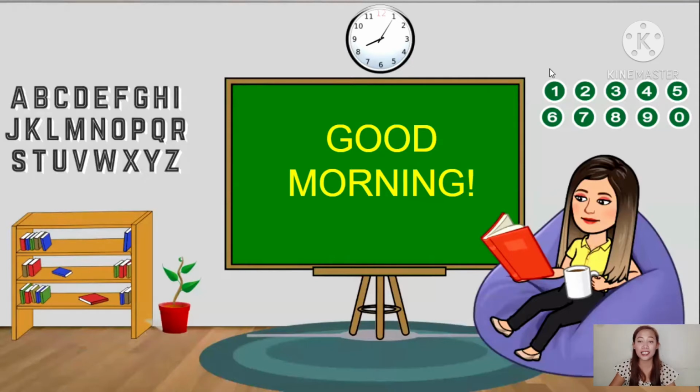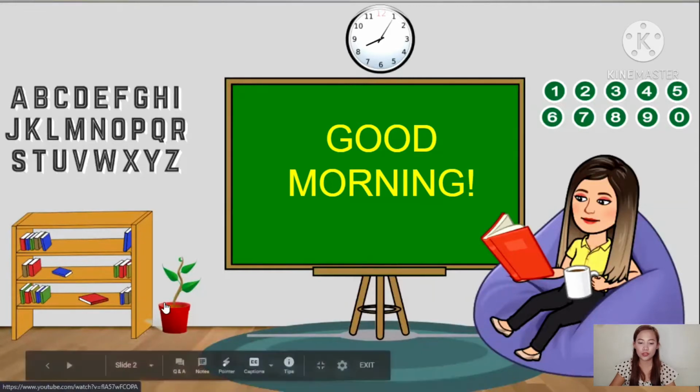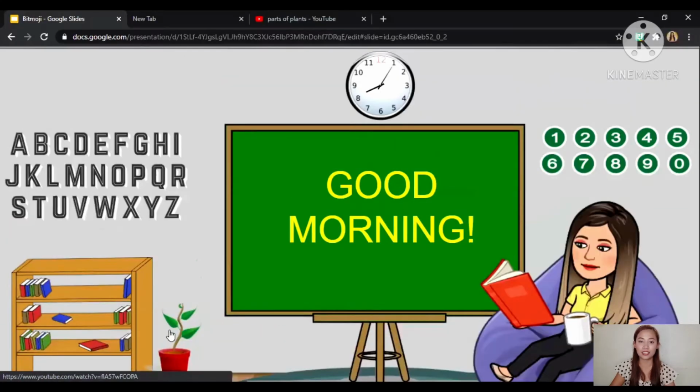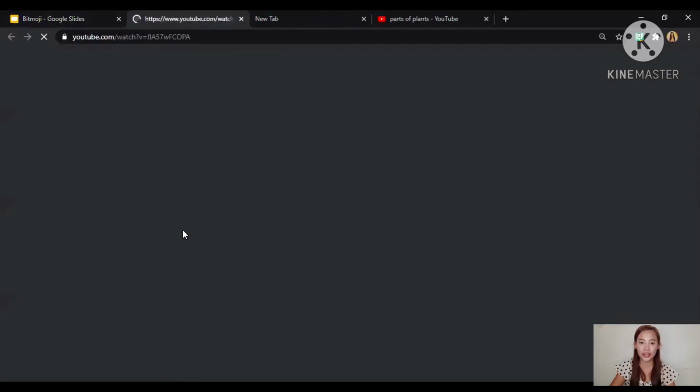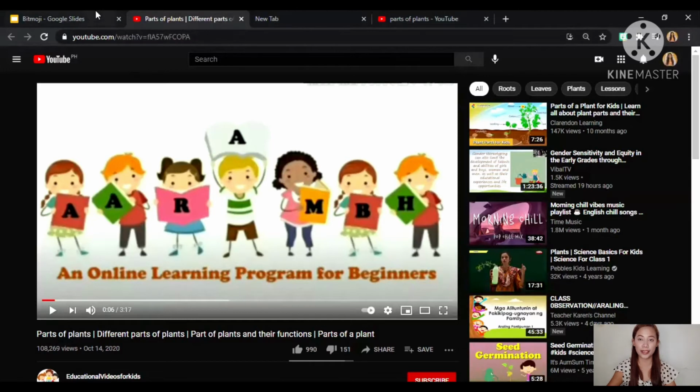So once they click an object here, the students will be directed to the lesson that you want to show them. For example, once they click the image of the plant, the students will be directed to the video about plants. Okay, so they will be learning about parts of plants. And now,